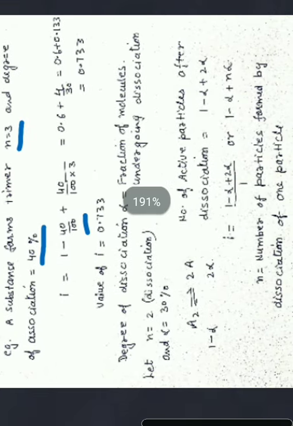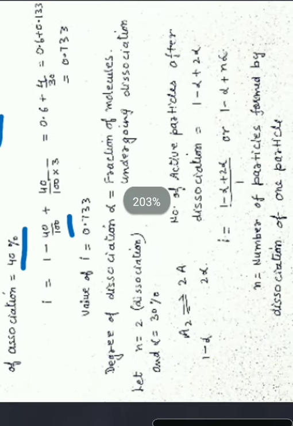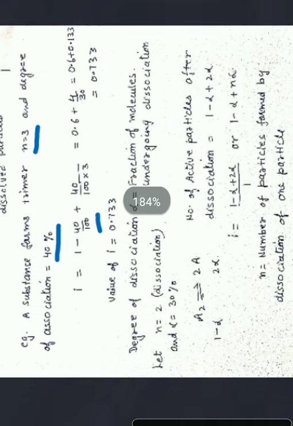Next, we have to study the same process for degree of dissociation. Now here what you see is, if alpha is again the degree of dissociation, the fraction of total molecules which were undergoing dissociation, and only two particles are formed as a result of dissociation. Now if alpha is taken as 30%, then according to the equation given,